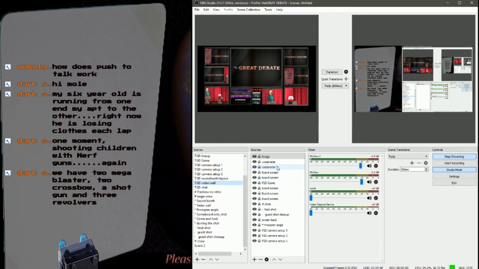Now, in just a second, you'll see the sources list change when I go to the video wall main to where I built it. Do you see the list of sources? Oh yeah, there's a whole bunch of them. Okay.